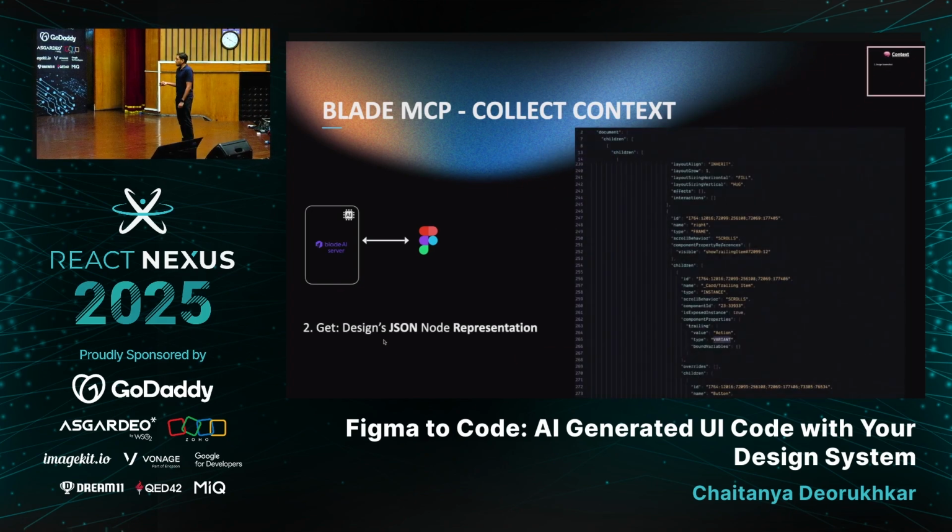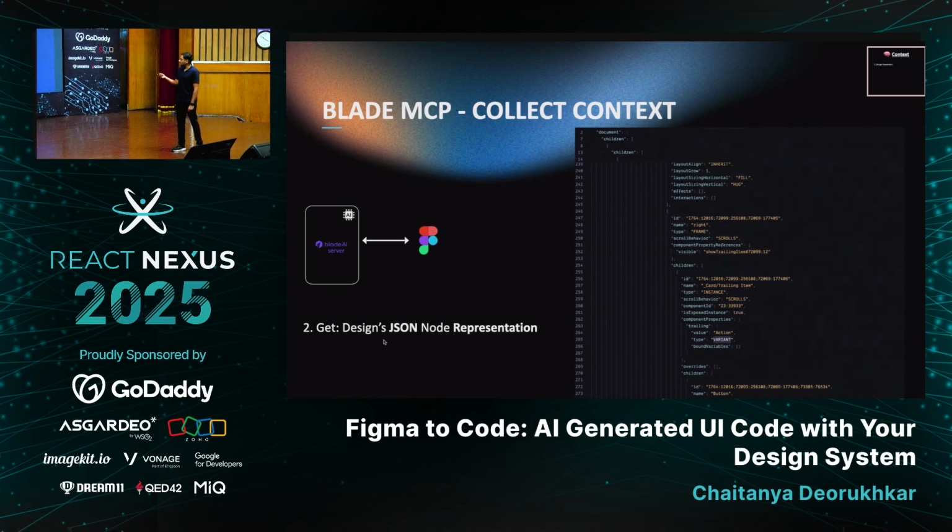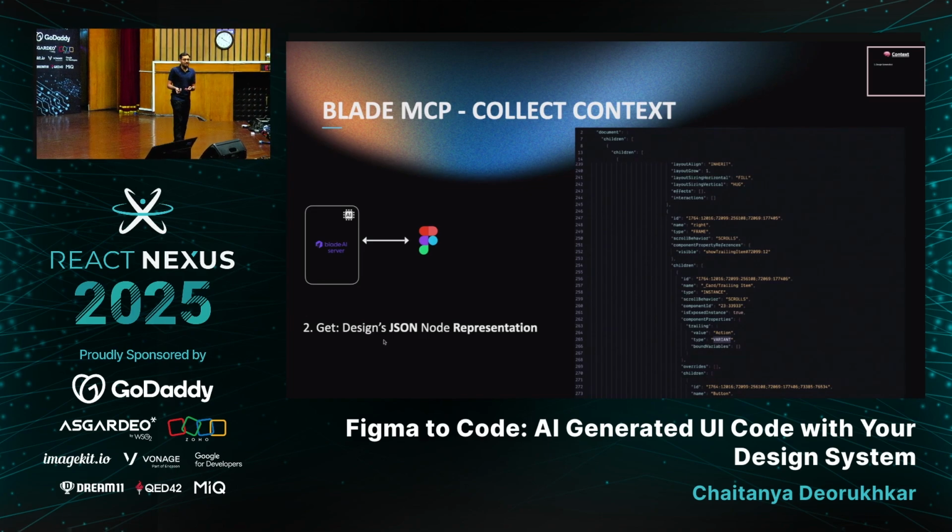Next, what we are going to get from Figma is the JSON representation of the Figma design. Just like every web UI has an underlying HTML representation, every Figma design has an underlying JSON representation. So I'm going to fetch that from Figma. But it's a lot of jargon. Even if you see it in the first go, you're not going to understand it. Definitely the LLM is not going to understand it. There is a lot of stuff there that's not needed.